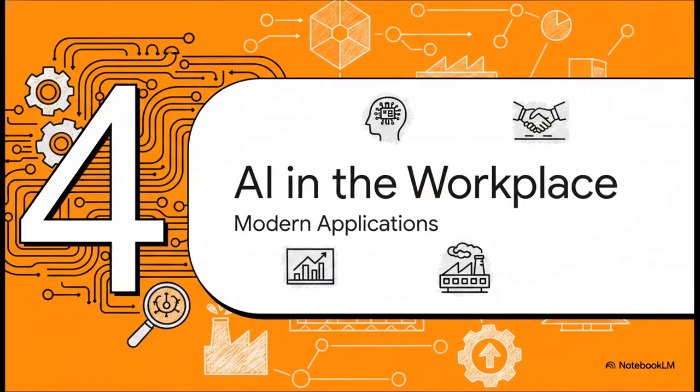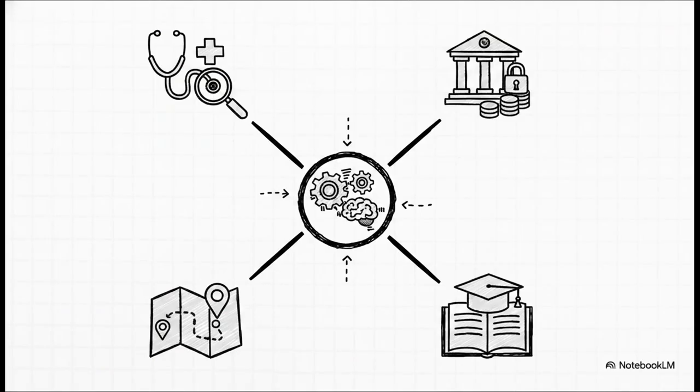Let's move into Section 4, AI and the Modern Workplace. Let's shift our focus over to the professional world and explore how this technology is fundamentally changing modern workplace roles right now. Specialization is exactly what helps AI become faster, more accurate, and more efficient across massive industries. By focusing on one specialized task instead of trying to do everything, narrow AI works continuously to process huge amounts of data and reduce human effort.